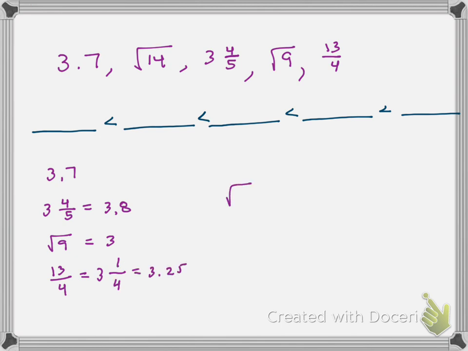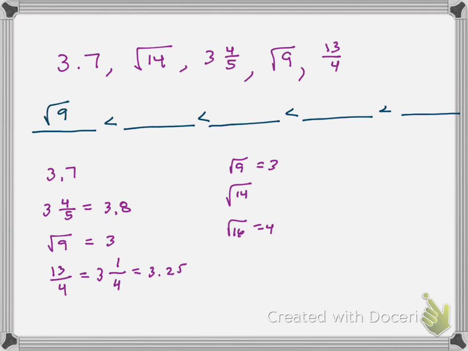And then the square root of 14, what you have to do is benchmark, right? Because it's an irrational number, it's not a perfect square, but the perfect squares it's between will be square root of 16, which is 4, and square root of 9, which is 3. Okay, well, clearly we see that in terms of ordering,